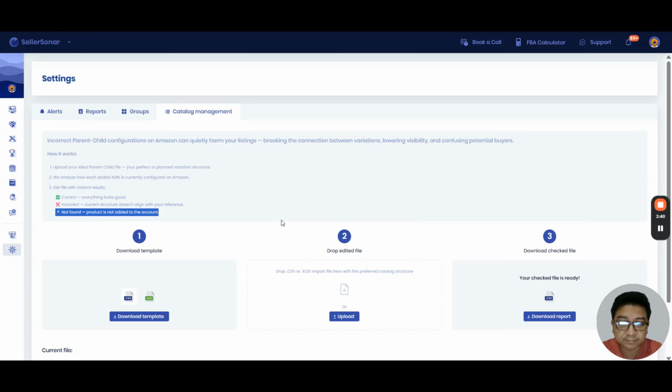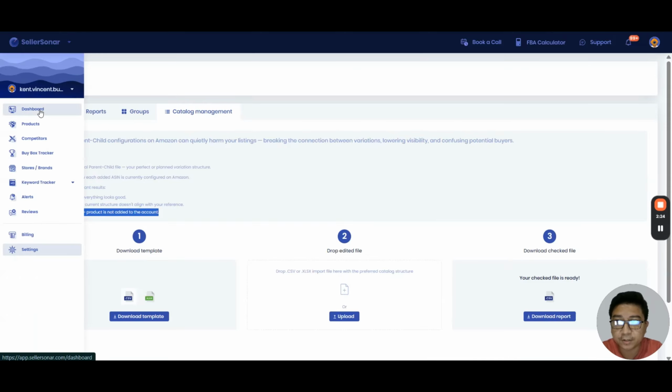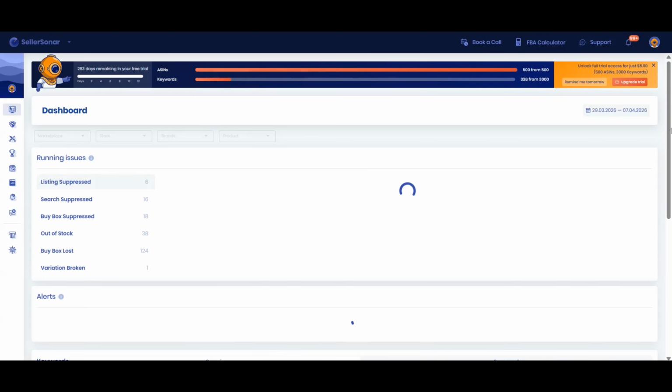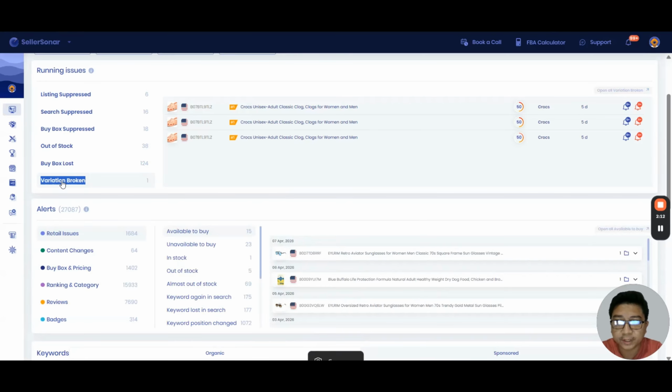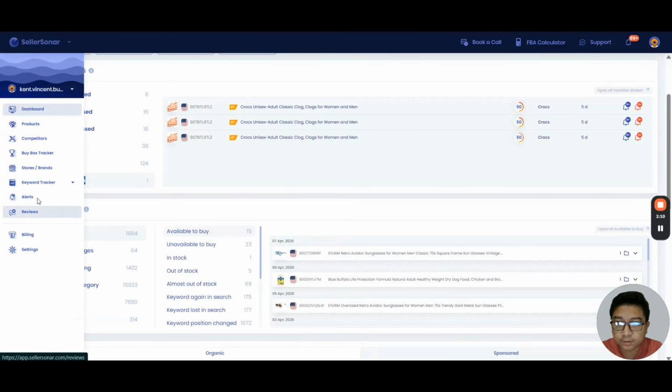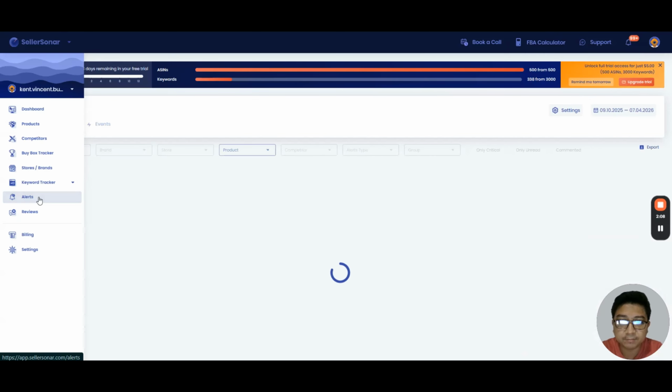Okay. Also, once you upload the file here in the step 2 process, it will now become our main reference for our system in detecting variation changes and inconsistencies, which you will also be receiving alerts for. Okay, so you can check on the alerts here in the dashboard page. For example, here you'll see, okay, over here, variations broken. All right, and you can also check them here in the alerts tab, filter them out